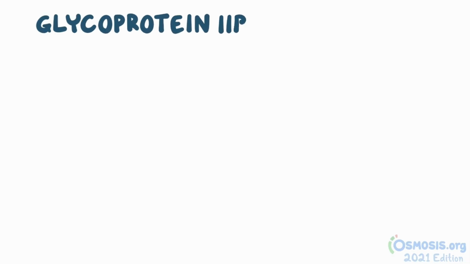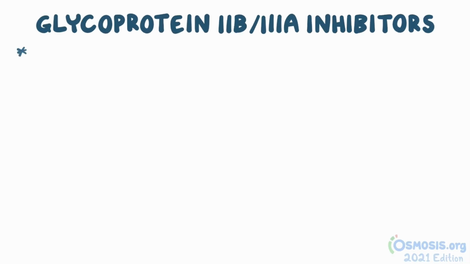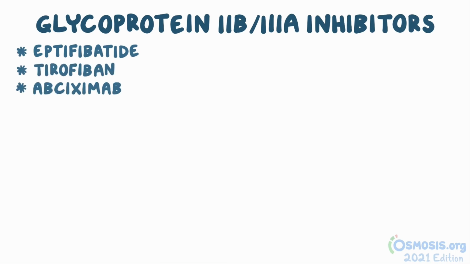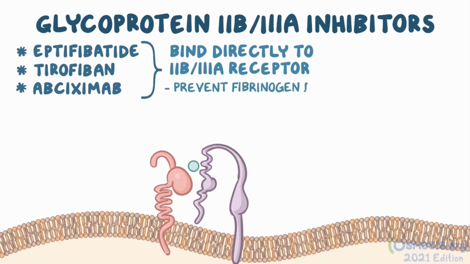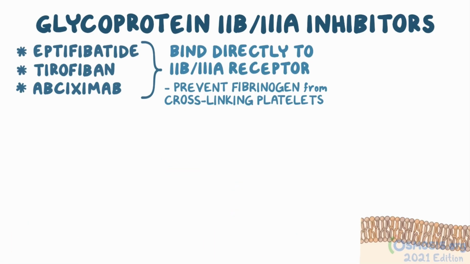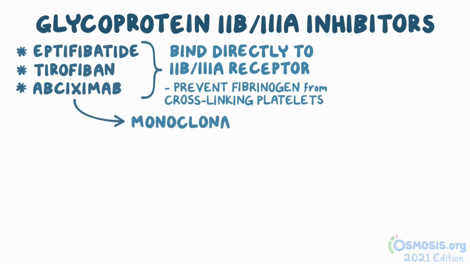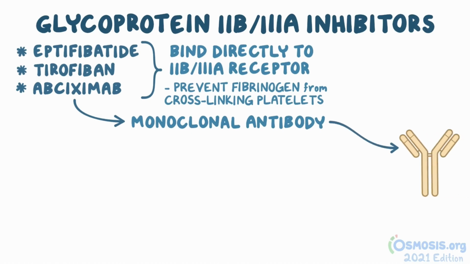The next step, platelet aggregation, is inhibited by the glycoprotein 2b/3a inhibitors eptifibatide, tirofiban, and abciximab. These medications work by binding directly to the 2b/3a receptor and prevent fibrinogen from cross-linking platelets together. The medication abciximab is a monoclonal antibody, or identical proteins made by the immune system that bind to a specific